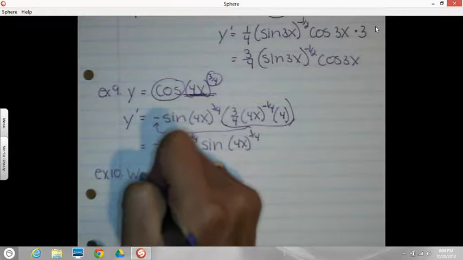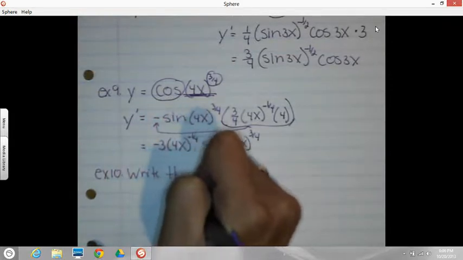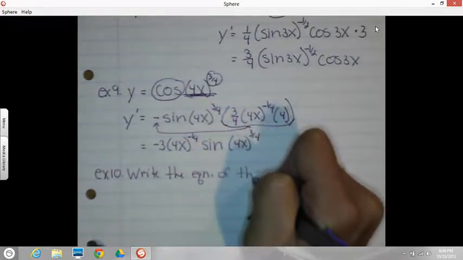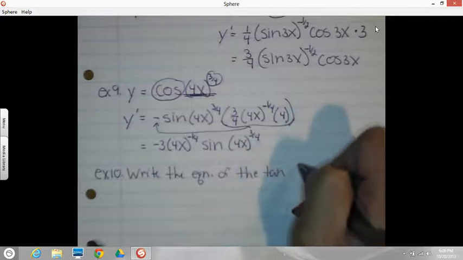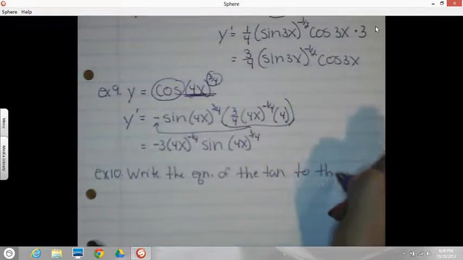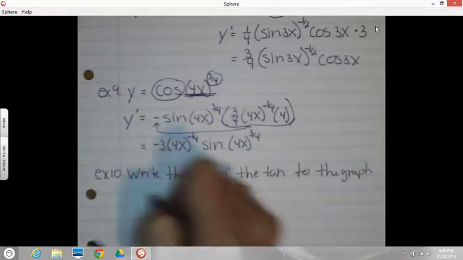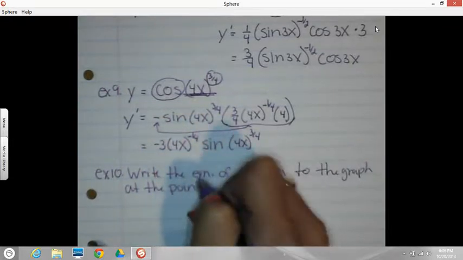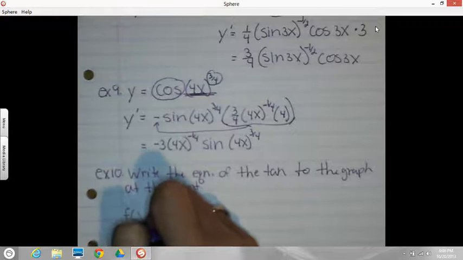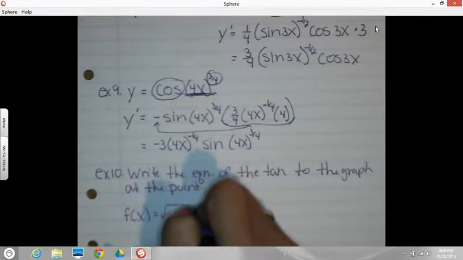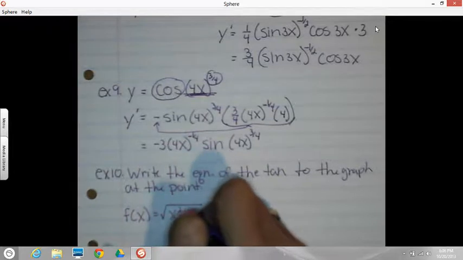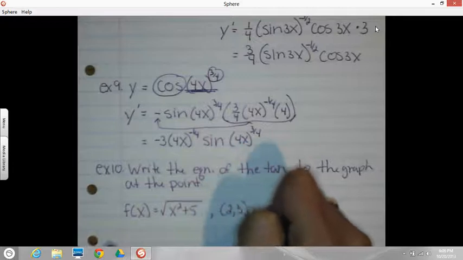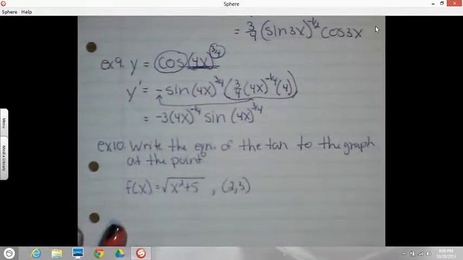We're going to write the equation of the tangent line to the graph at the point. So our function is the square root of x squared plus 5, and we want the equation for the tangent line at the point 2, 3. Well, if you take a quick look at the graph,